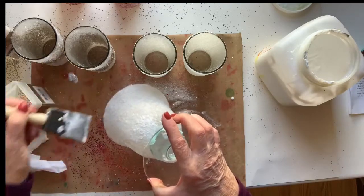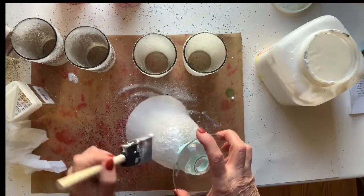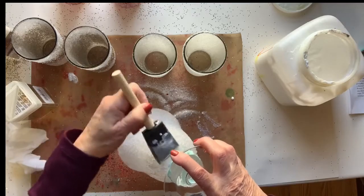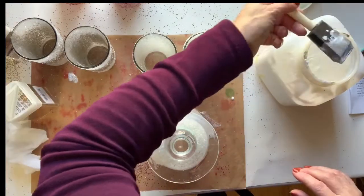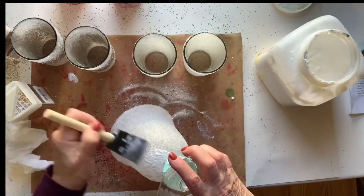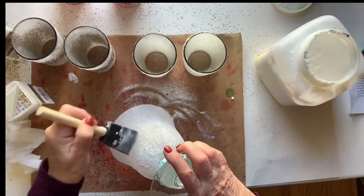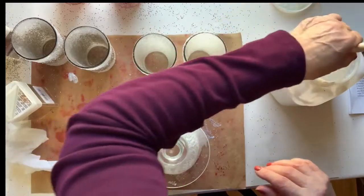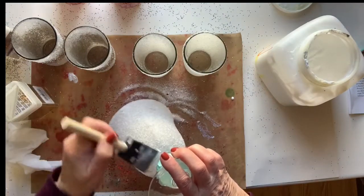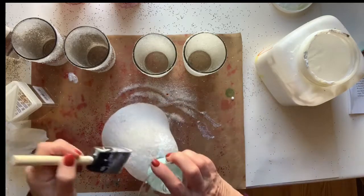so this glitters on here pretty good, and I just want a little thin coat. Like I said, we can add if we don't like it. Once you spray with Krylon, though, there's no going back, I don't think. As far as removing, I don't even think you could remove this. It's on there once it dries. But you can always add on top. Eventually, I think you're going to end up with a cakey mess, but